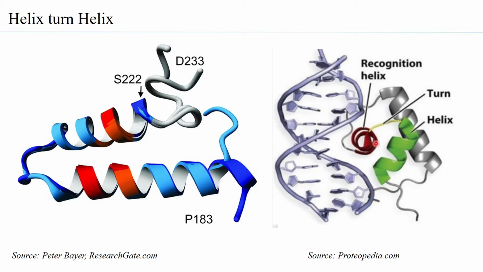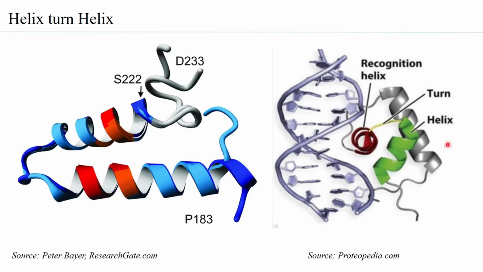So it is this which would come more into the major groove and interact with these nucleobases over here. So this recognition helix will have amino acid residues such that they could complementarily bind to the nucleobases present in the major groove. And that interaction between the nucleobase and the amino acid residues in the recognition helix is quite specific.